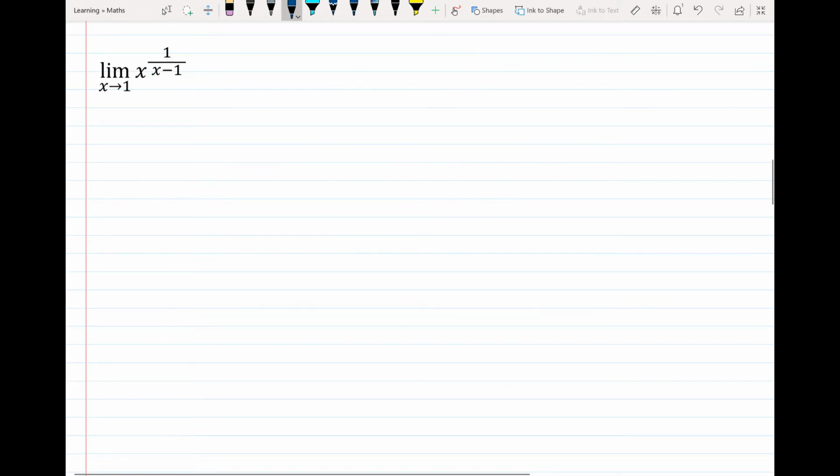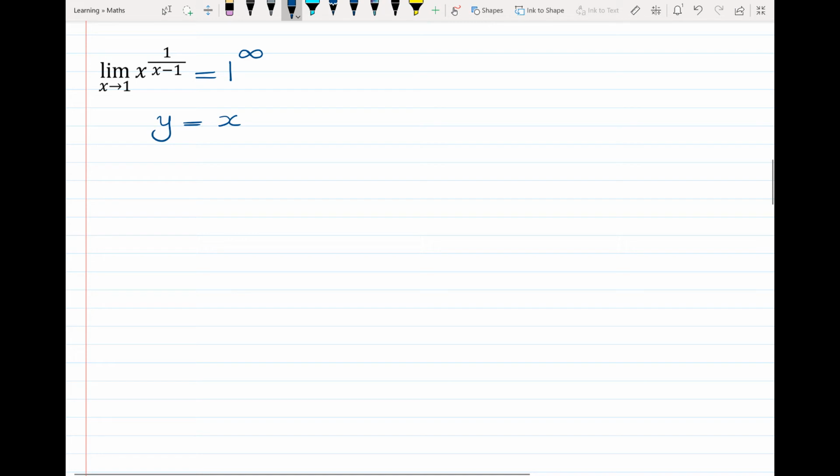Another example. We want to find the limit of x to the power of 1 over x minus 1 as x approaches 1. First, we plug in 1 for x to see what type of indeterminate form this limit is. If we plug in 1 for x, we have 1 to the power of 1 over 1 minus 1. 1 minus 1 is 0, and 1 over 0 is infinity. So the limit is in the form of 1 to the infinity. Again, we name